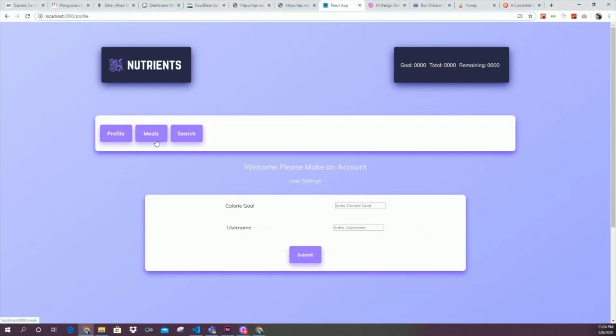Okay, so here's the profile. I did change it, so now we just type in the calorie goal. Whoops, I have to fix that again. It's supposed to be black letters, and then it'll be submit. And then once it submits,